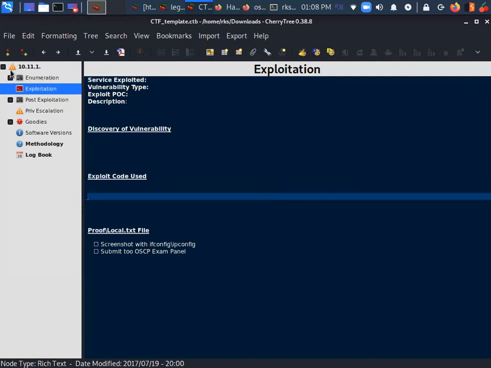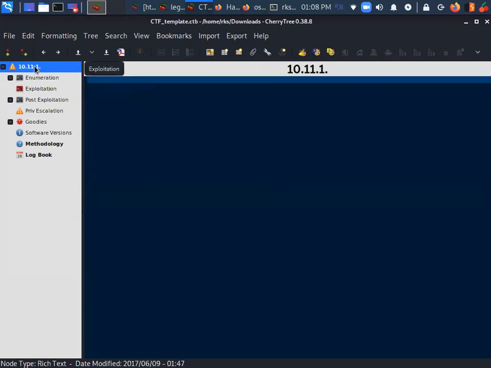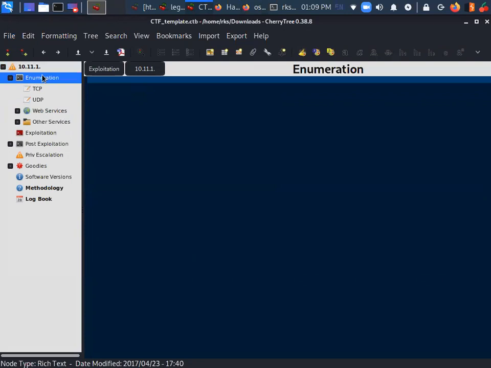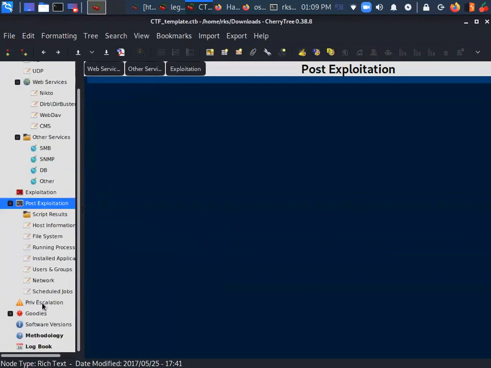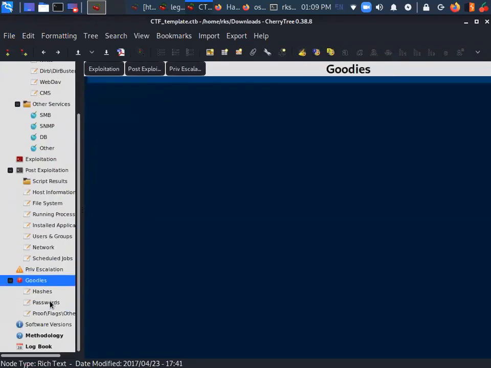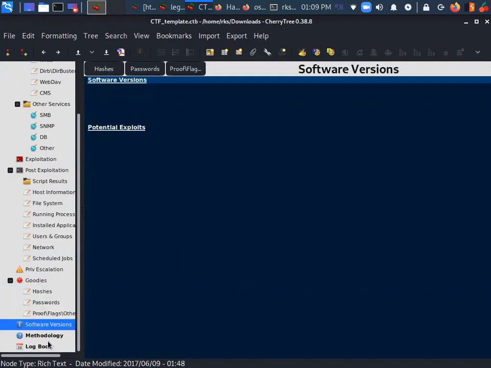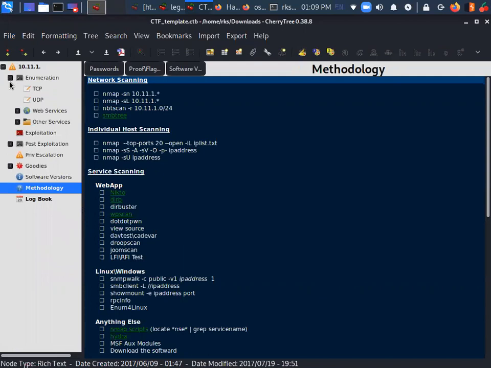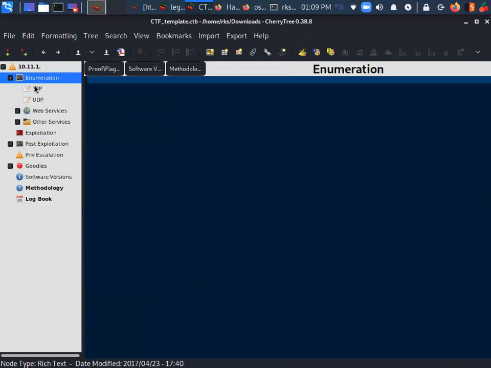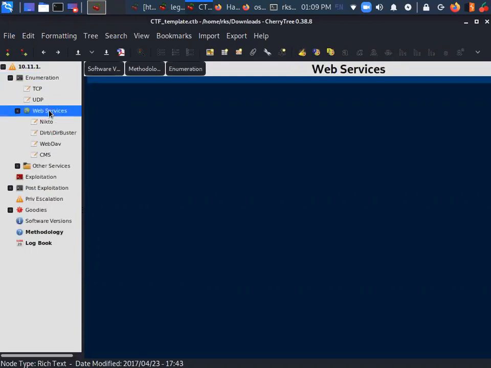Everything has been organized here. Like here you can mention your target, enumeration tree, enumeration node, web services, other services, exploitation part, post exploitation, privilege escalation, goodies, maybe in between you found some hashes, some passwords, some flags, software versions, methodology, and so forth. Every time not all of them are going to be of any use to you. If let's say there is no web service running, then this tree and all of these child nodes are not going to be of any use, so you can simply delete them.